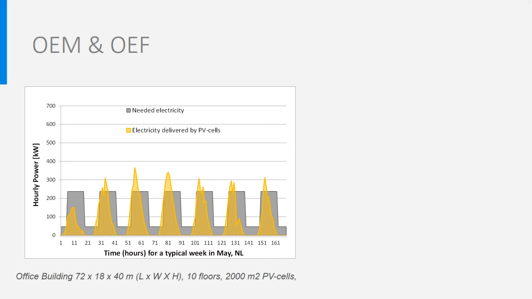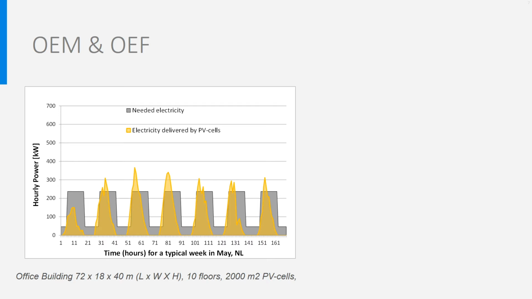You see this electrical demand in gray on the picture for a summer week. In orange, you see the electricity produced by 2,000 square meters of PV cells. The largest part was put on the roof and the missing square meters were put on the facade. So, you see here that sometimes the PV cells produce more than needed, that is the orange part that does not cover the gray one. Sometimes it produces a part of what is needed, that's the orange-gray part. And there are also many hours where there is only a gray part. This electrical demand is not covered at all.